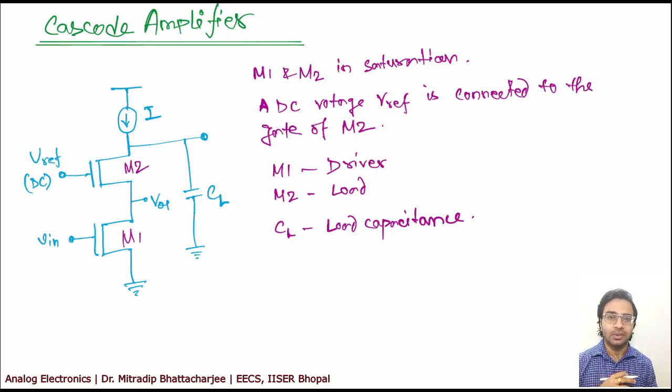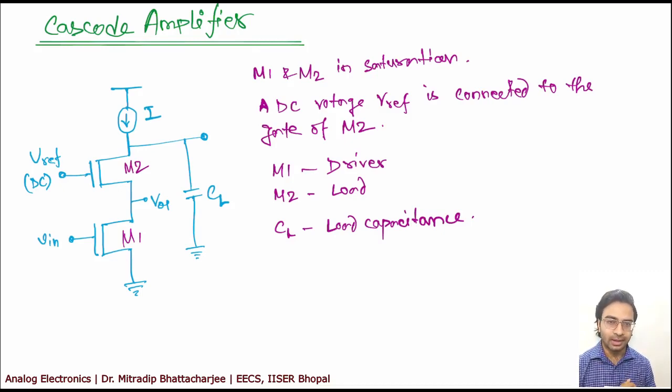And at the same time, you also need to know what your input resistance is, what your output resistance is, because at the end you are going to attach two circuits together, or you are going to attach a load with your amplifier, right? So today we have another type of amplifier which is known as the cascode amplifier. In this case, we use different MOSFETs in order to get some sort of benefit, and what kind of benefit we are getting we will be discussing as we progress in this particular topic.